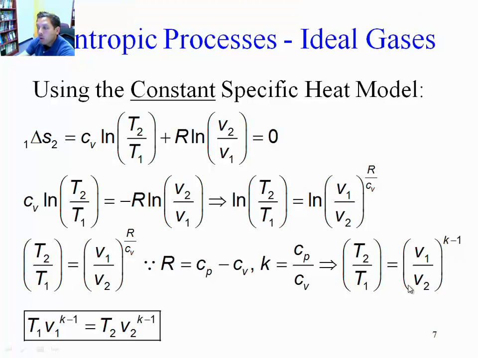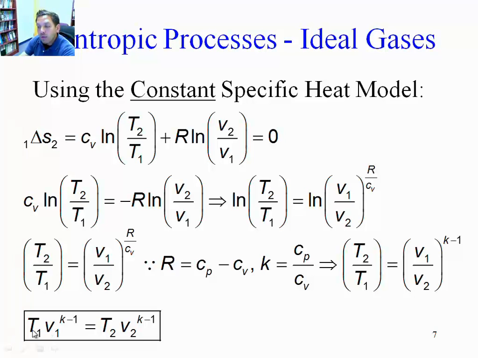Furthermore, I'm going to take all the state number 1 to the left-hand side. So I'm basically going to take T1 multiplying on the left, and V2 multiplying on the left, knowing that it has an exponent. And that leads to this equation. This is an equation that relates temperature and volume of two states that are separated by an isentropic process. So if we are told that the process from 1 to 2 is a process in which the entropy doesn't change, or it's an adiabatic and reversible process, this is how we relate the temperature and volume.